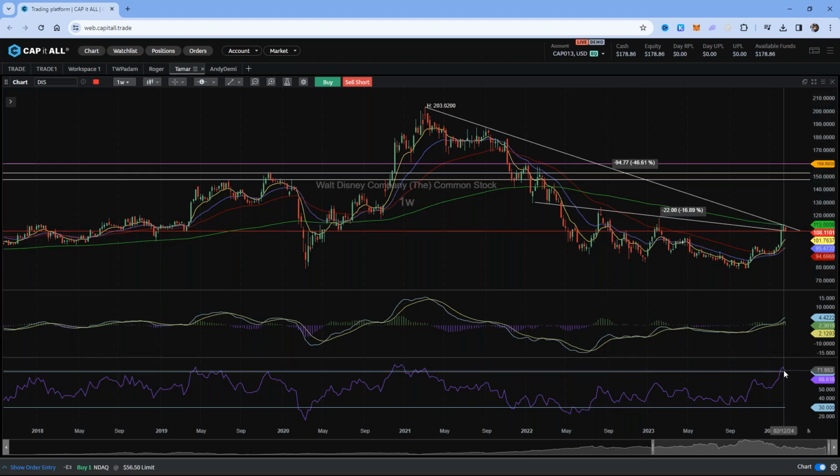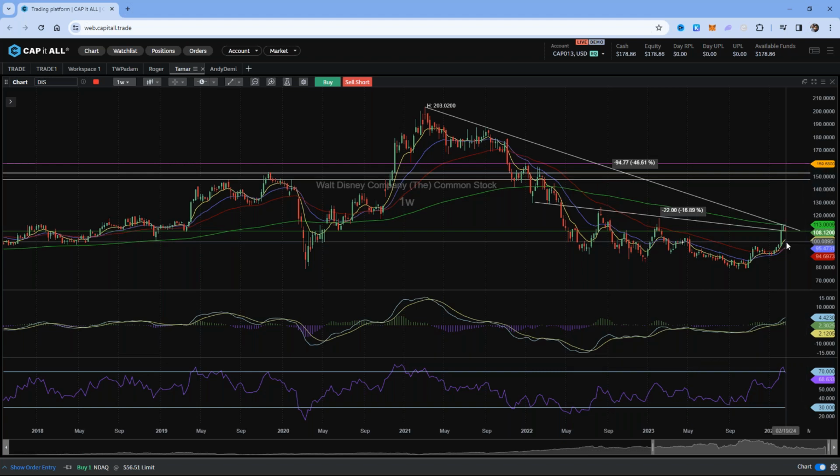RSI is overbought. Let's see what happened last time. Here we were overbought, we went down to the 8 and then went up. Here, overbought, we went back to the 50. Overbought, we actually had a really significant drop. Here we were overbought, went a little bit higher, eventually dropped. The MACD is showing strength, but again,